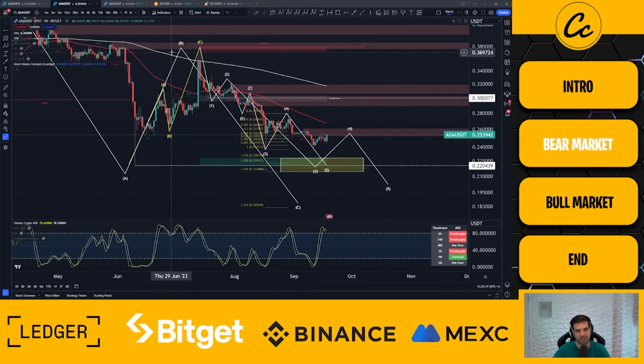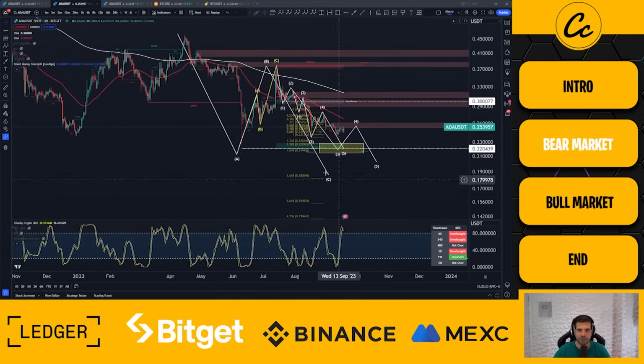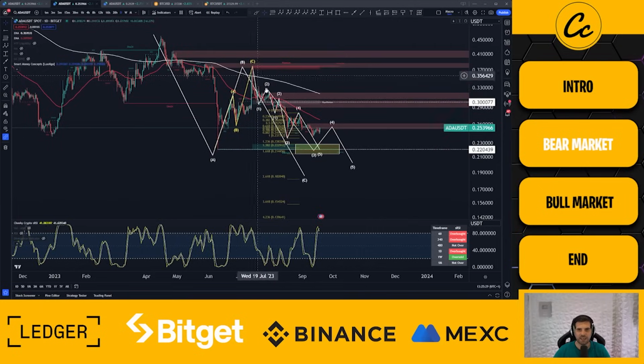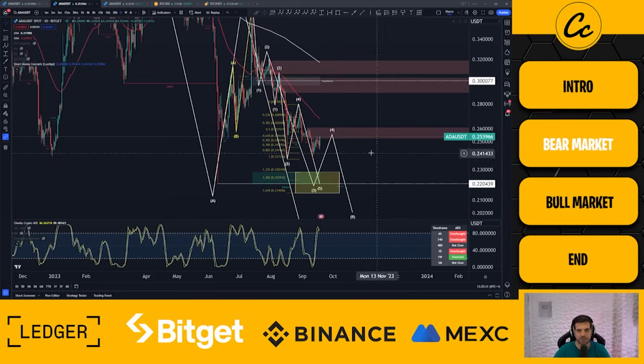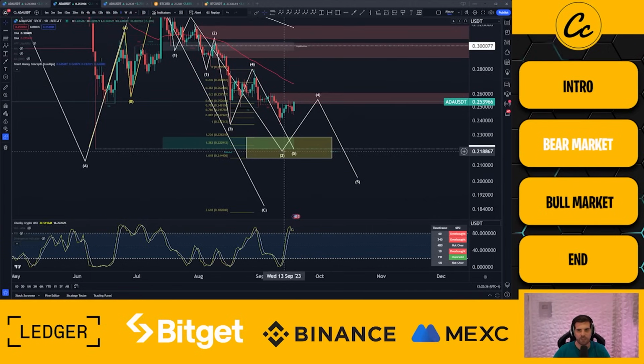Now, as you can see here, if you're familiar with Elliott wave theory, we are tracking this next move to the downside. This is an ABC structure. It's a three-wave pattern, and it ends in a five-wave structure by the looks of it. Okay, we're experiencing some volatility right down here into the fifth wave of the third wave.